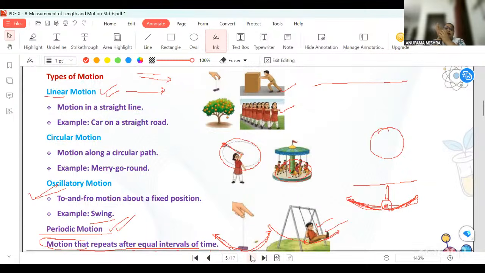फिर उसके बाद जब हम लोग पीटी वगैरह करते हैं तो स्ट्रेट लाइन में ही खड़े होते हैं, हम लोग सर्कुलर में नहीं खड़े होते हैं, या फिर हम लोग मैरी गो राउंड की तरह नहीं होते हैं, हम लोग एक स्ट्रेट में खड़े होते हैं। जब परेड होता है, परेड भी अब लोग जो है वो रोड पे सीधे जाते हैं, तो उसको बोलते हैं लीनियर मोशन। देन नेक्स्ट इज सर्कुलर मोशन, मतलब जो सर्कल में होकर के घूमता है उसको बोलते हैं सर्कुलर मोशन।